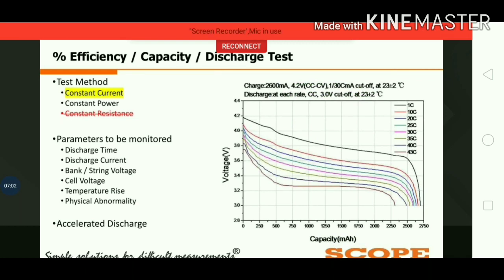Beyond the rated discharge, we also have the accelerated discharge facility. To understand what accelerated discharge is, you can see in the curve the 1C. 1C denotes we are doing the discharge at the rated current. 10C is 10 times that of the rated current. And based on that, we have up to 40